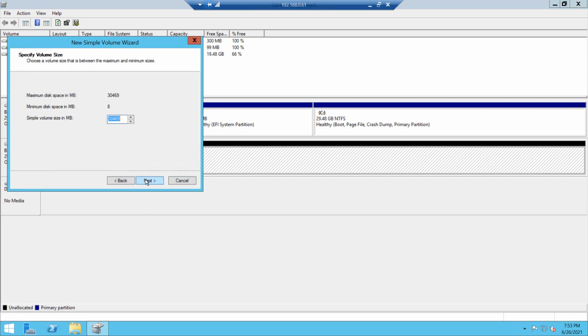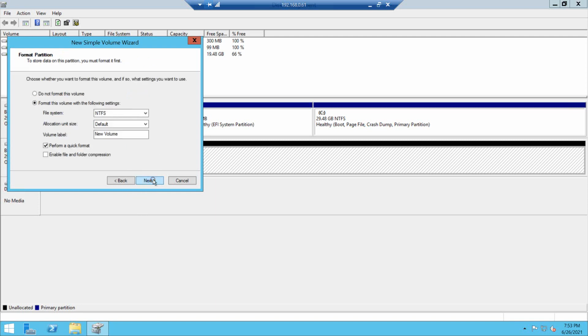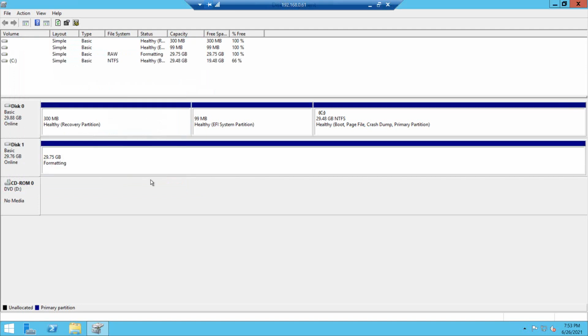We can add the 40 GB disk also, but for now I'm adding only the 30 GB one. Give the drive letter anything you want, E is fine, and name it cluster disk. So now this is online.